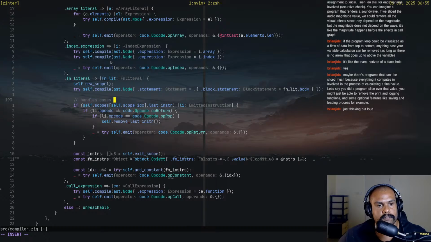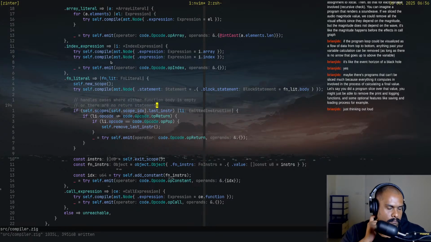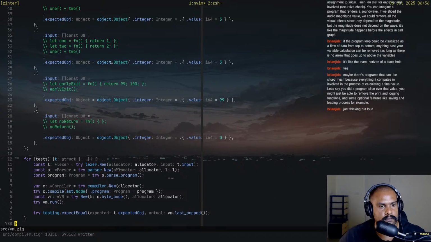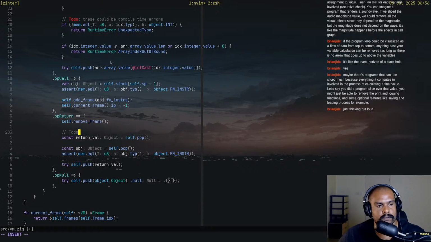It handles cases where either the function body is empty or there are no return statements, but there is op return. I gotta fix this to do